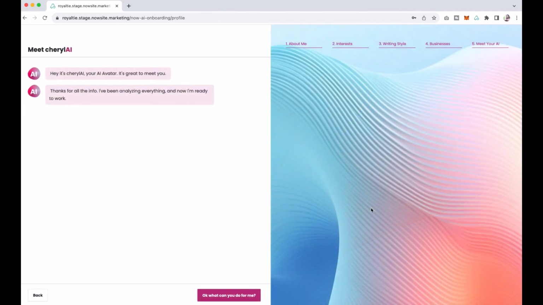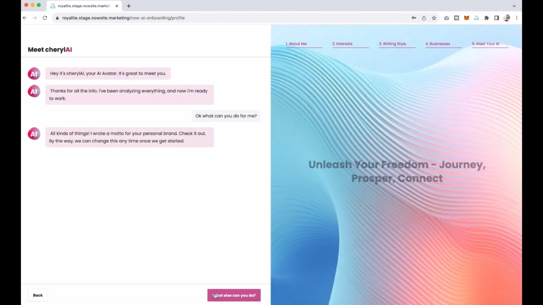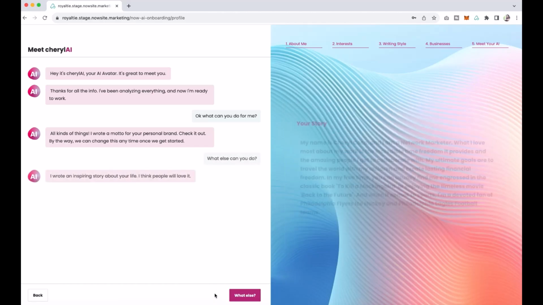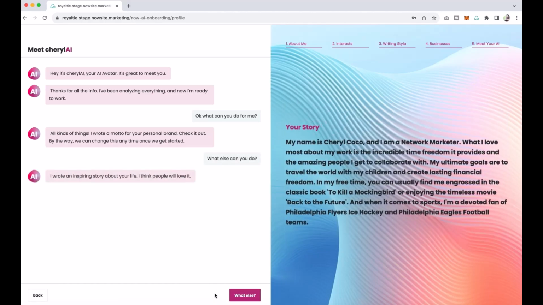So now you get to meet your AI, and it starts with giving you a motto or slogan. So you can see mine here. You'll have your own. And then it will also give you an inspiring story about what it knows about you and your life. So it gives me my inspiring story, who I am, what I love most about my work.